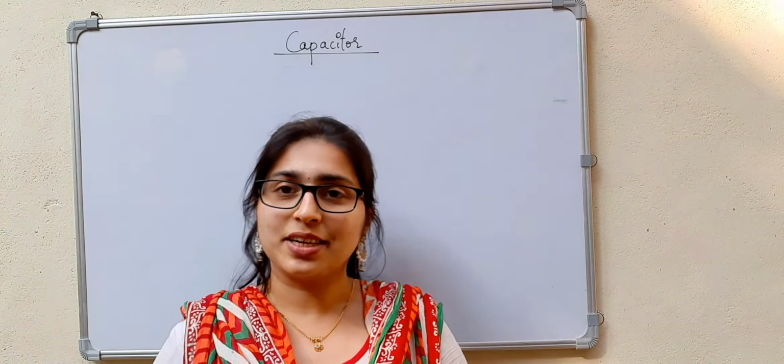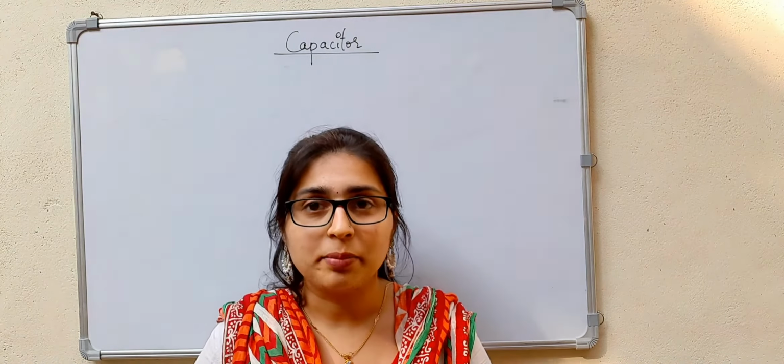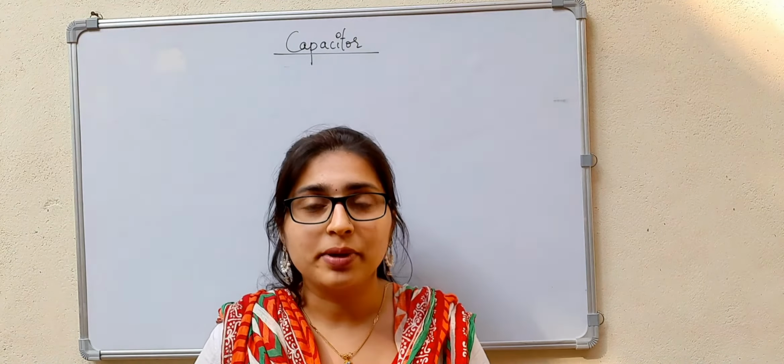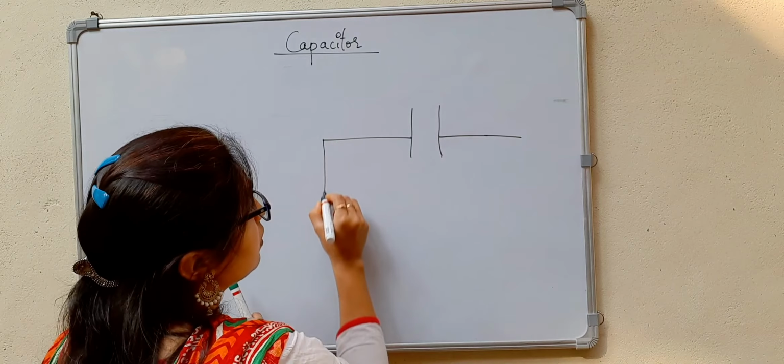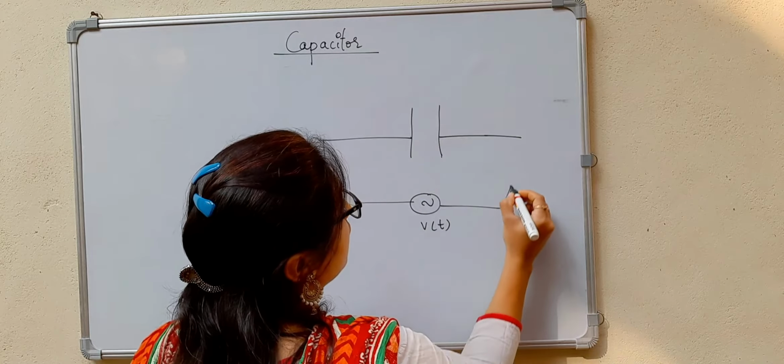In this video, let us study about the capacitor. You know that capacitor is a passive element that stores energy in the form of electrostatic field. So, it is considered like it's having two conducting plates, which are separated by a dielectric. Now, I will connect it to the alternating voltage V of t, and the current that is flowing will